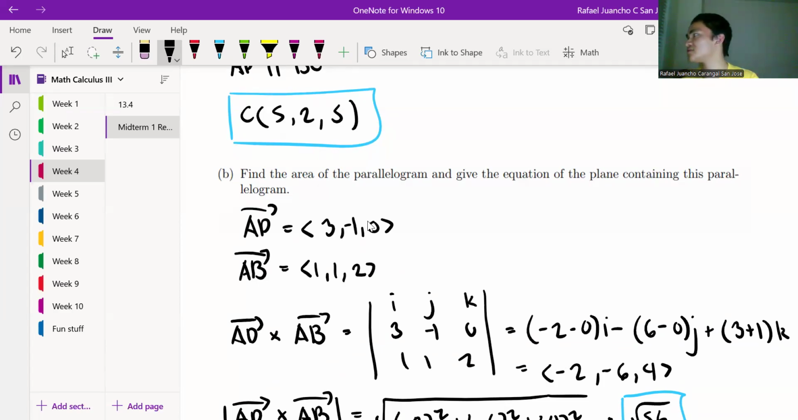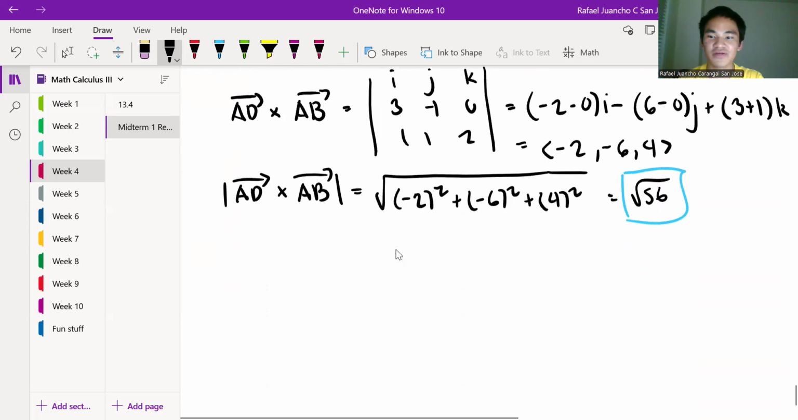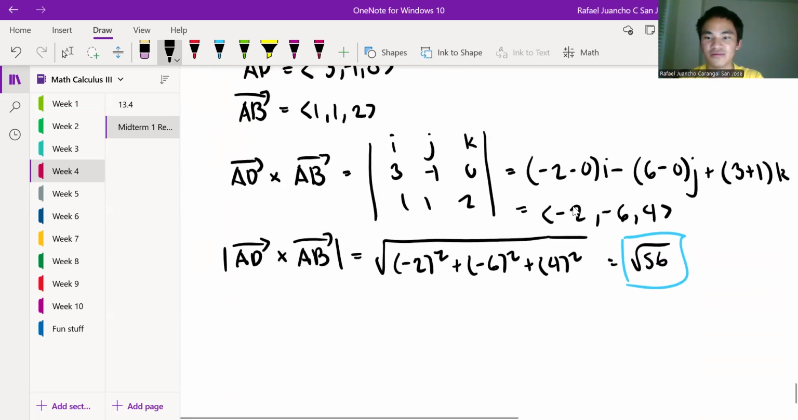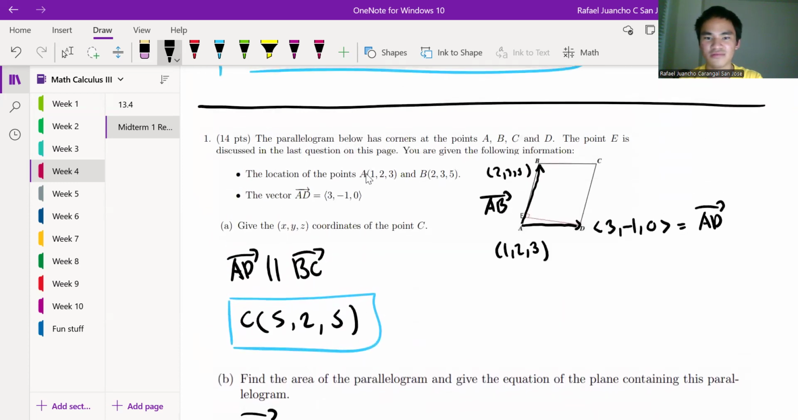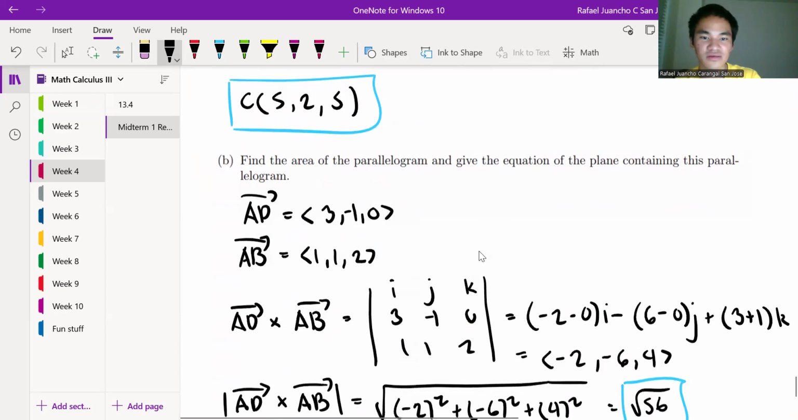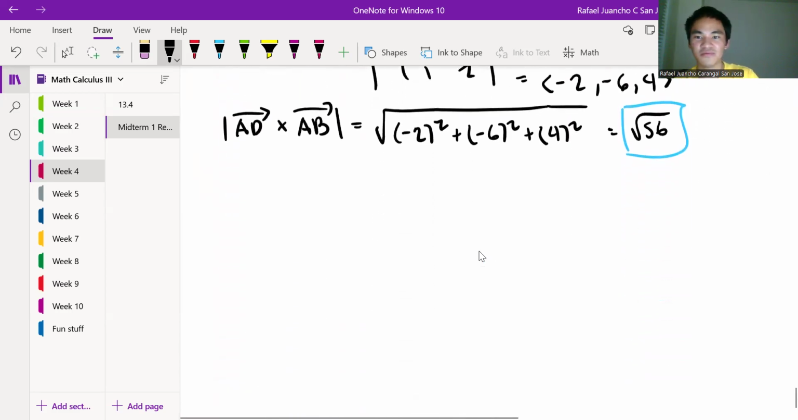What do we need for a plane? We need a point and a normal vector. And we actually just got the normal vector here. And so the point we could use as any, to be honest. We could just use 1, 2, 3. Let's just use that. So an equation of the plane could be, so the plane equation is,